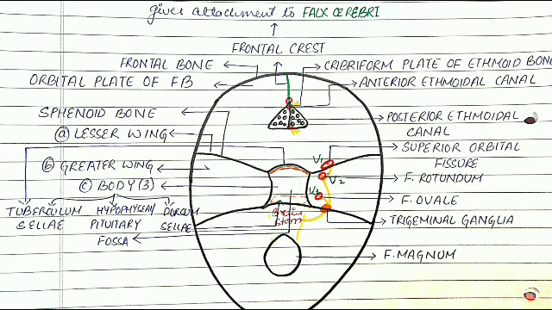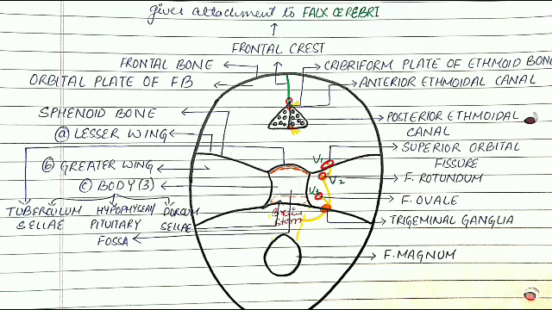Now behind the anterior cranial fossa lies the middle cranial fossa, and the major bone which constitutes this area is the sphenoid bone. I've already told you that the sphenoid bone has the lesser wing, greater wing, and the body. But the body is further divided into three parts. This portion is called the tuberculum sella, the upper portion, and the lower portion is called the dorsum sella. The center portion of the body of the sphenoid bone is called the hypophyseal or pituitary fossa, and this is the area where your pituitary gland is located.